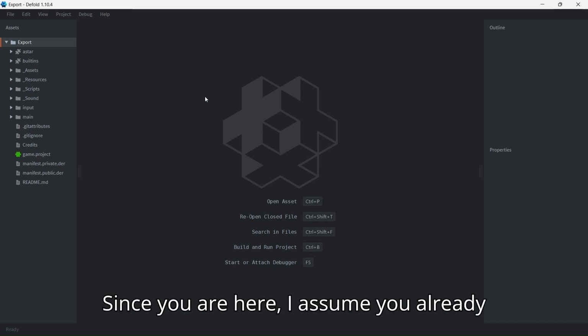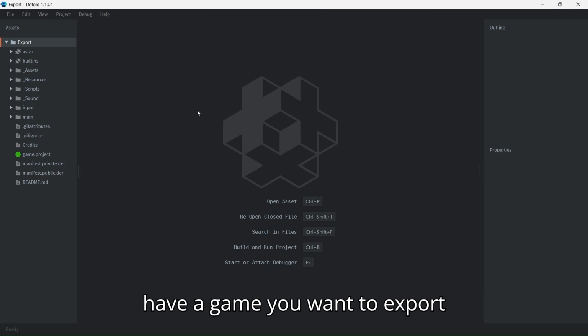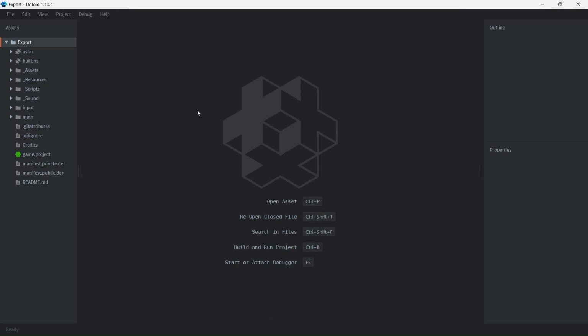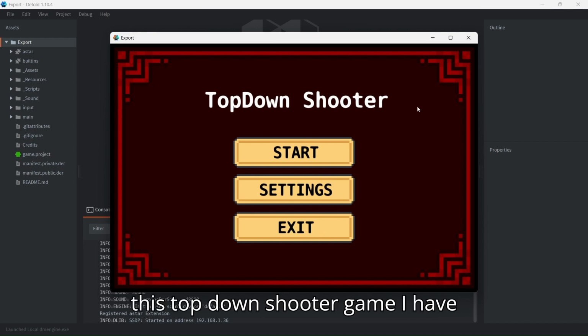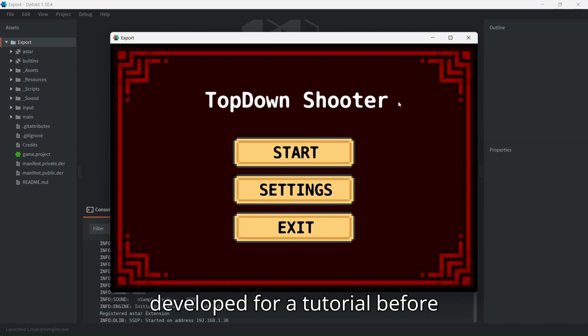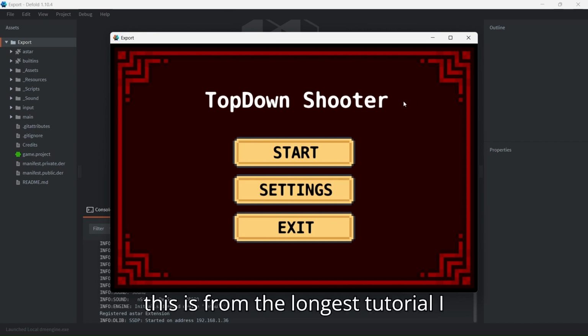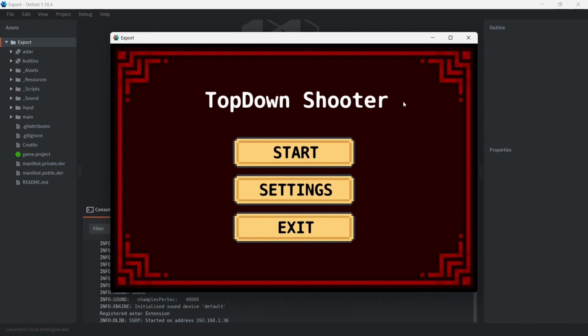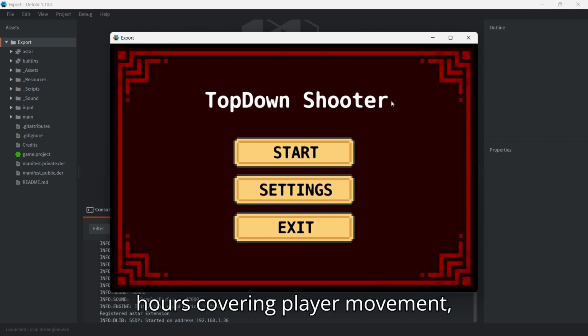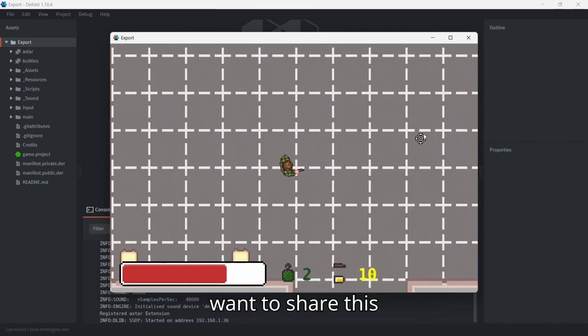Since you are here, I assume you already have a game you want to export, and I will use this game. I have this top-down shooter game I have developed for a tutorial before. This is from the longest tutorial I have ever shared. It was over 2 hours, covering player movement, weapon systems, level change, UI, sound, etc. I want to share this